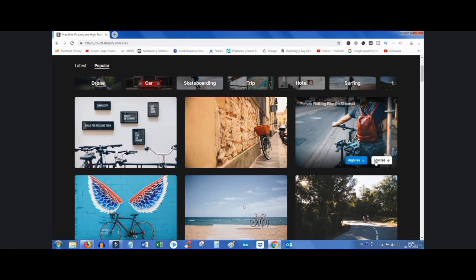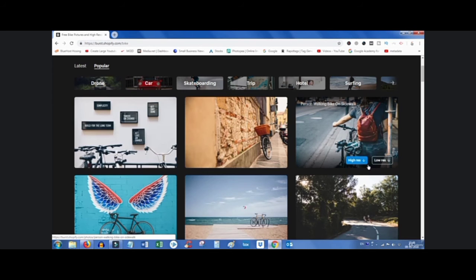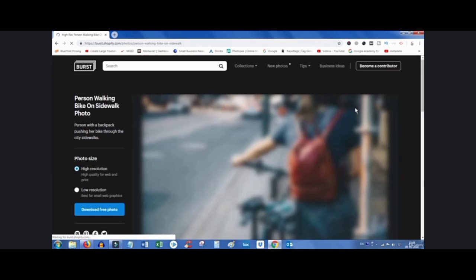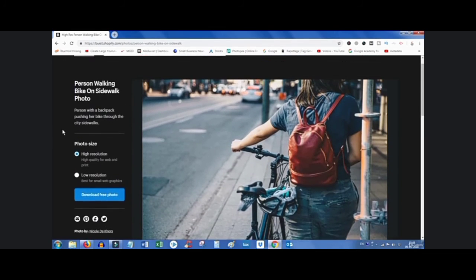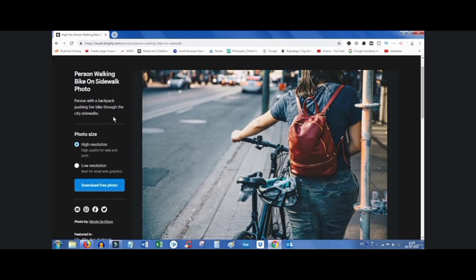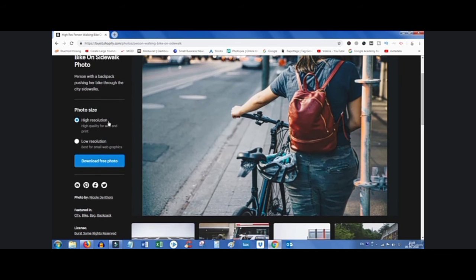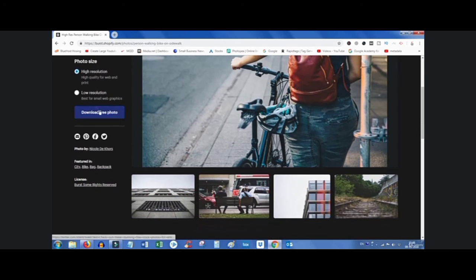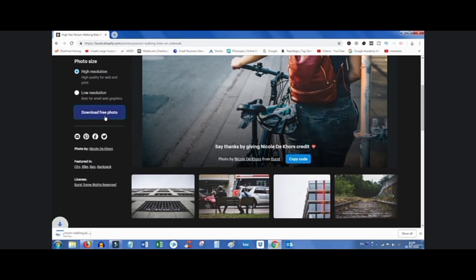Suppose I'm trying to download this image, this is an option whether you want to download the image as a high resolution image or as a low resolution image. The description of the photo is also there. Person with a backpack pushing her bike through the city sidewalks. High resolution, low resolution. Suppose I want to download a high resolution image, then I will click download free photo. The photo has started downloading.